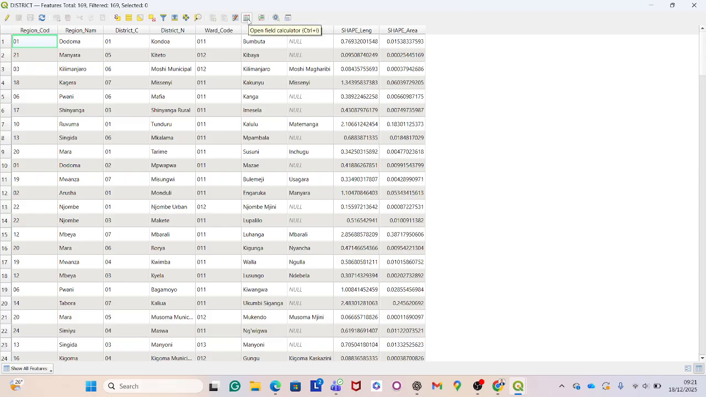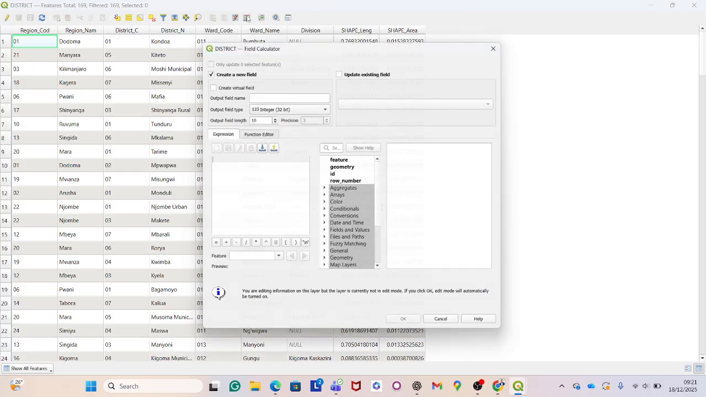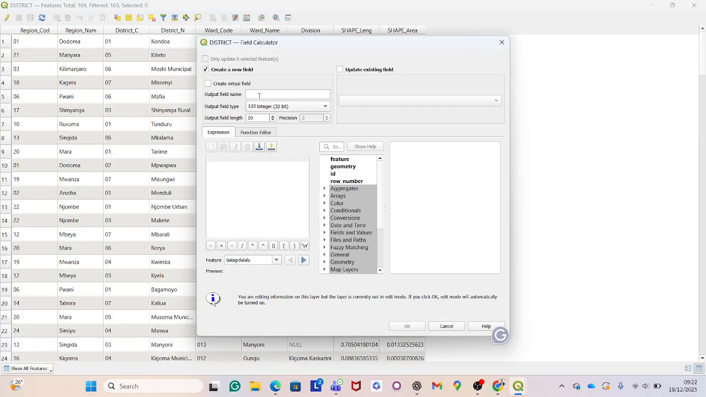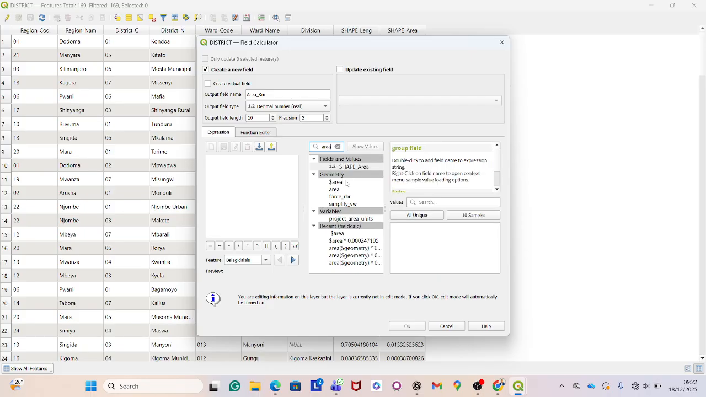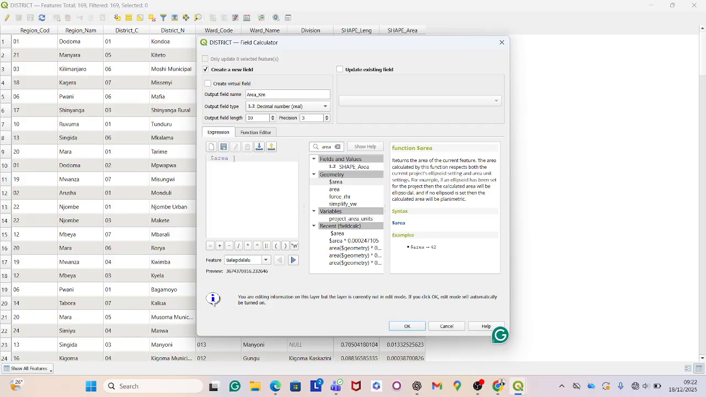table just go to field calculator, and then create a new field, and then I'll just write area in kilometer. So I want area in kilometer, and this should be decimal numbers, with three decimal places. And then I come here and search for area. So I got area in this way, okay, and then I'll just write,